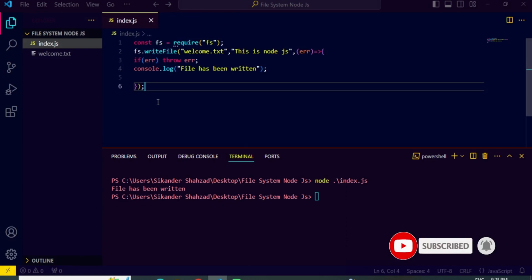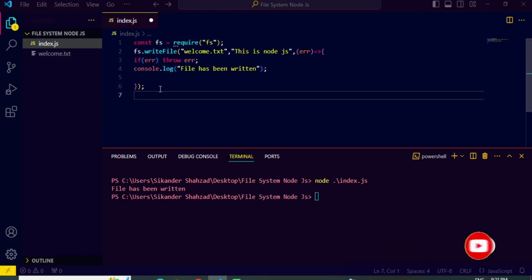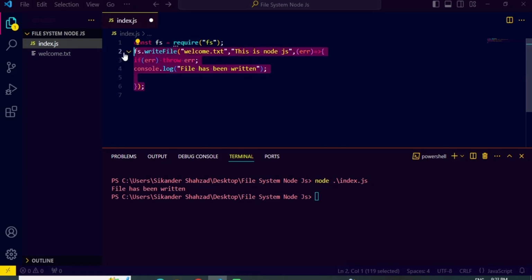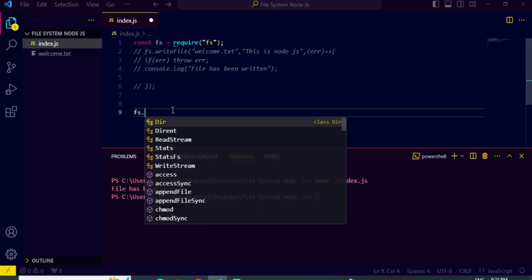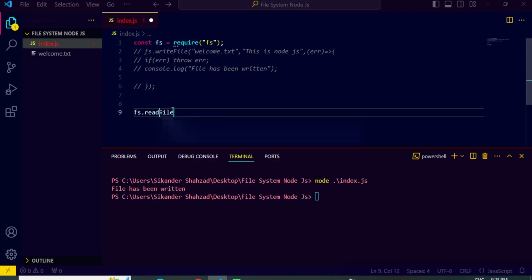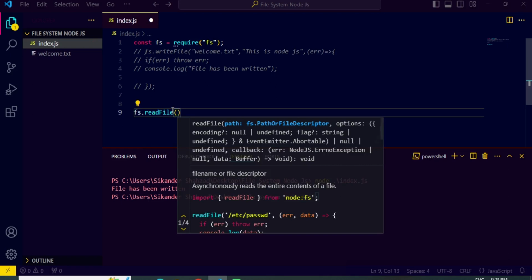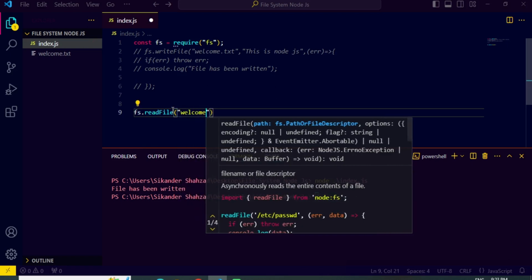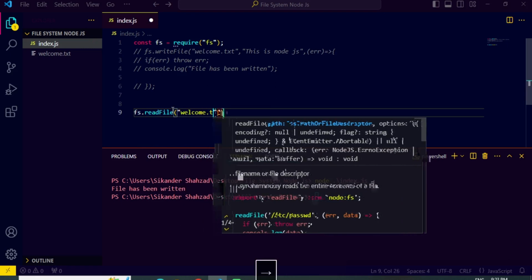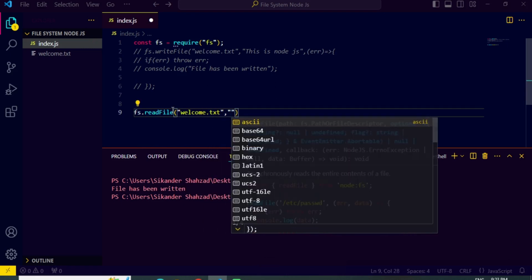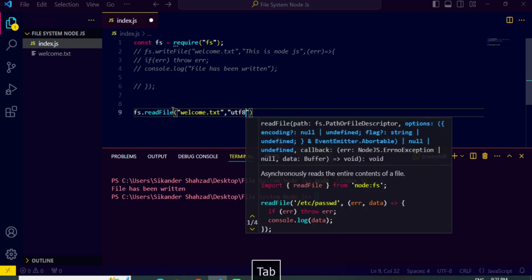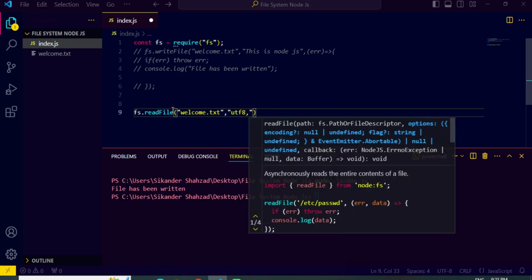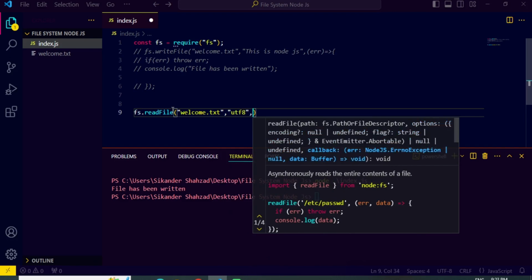In the same way, we can also read any file from our PC. So let's comment this out. Now we will use the readFile method. It will also take some parameters. The first parameter will be the file name we want to read, welcome.txt. The second parameter will be the format of the file, UTF-8 we will select, and the third parameter will be